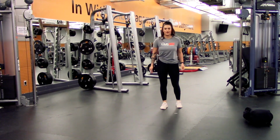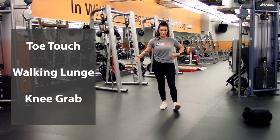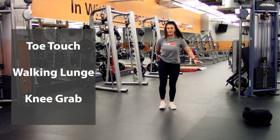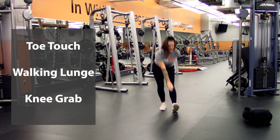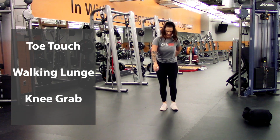All right, guys, so for our first warm-up exercise, we're just gonna do an opposite toe touch. So you're just gonna reach down, keep your back nice and flat, and just try and tap your foot with your fingers. And we'll do the same thing on the other side. And we're gonna do this 5 times on each foot. So this is 3, and 4,